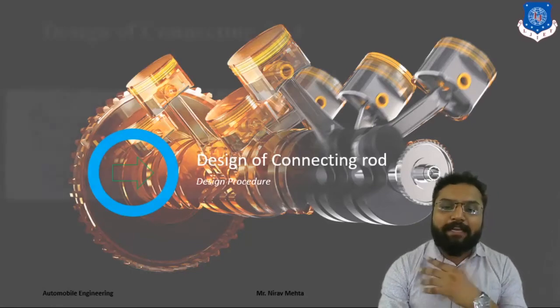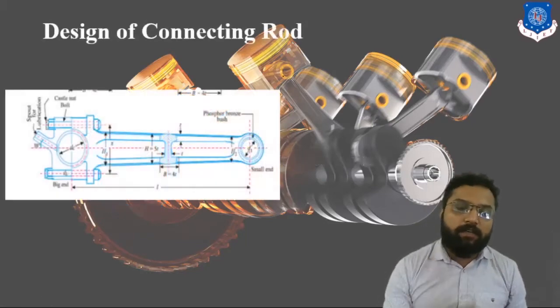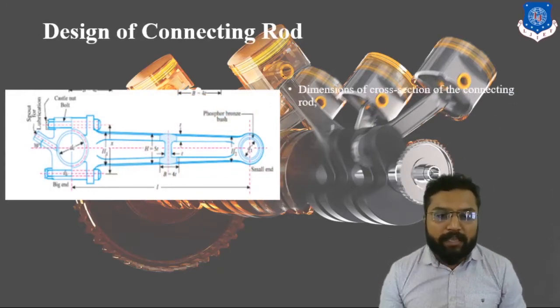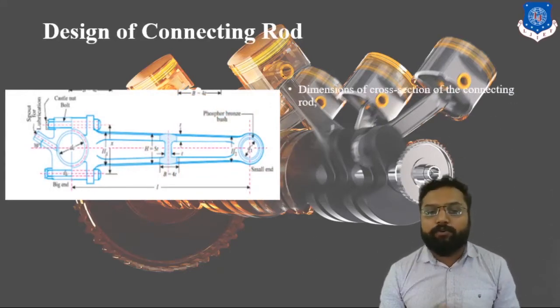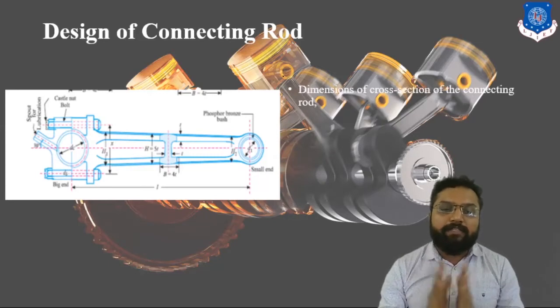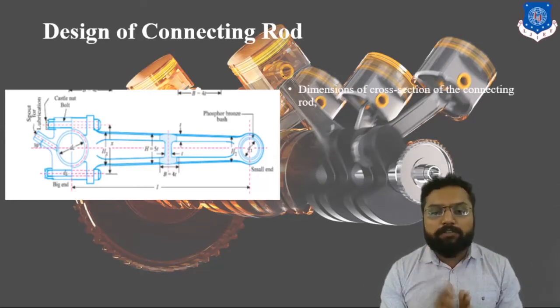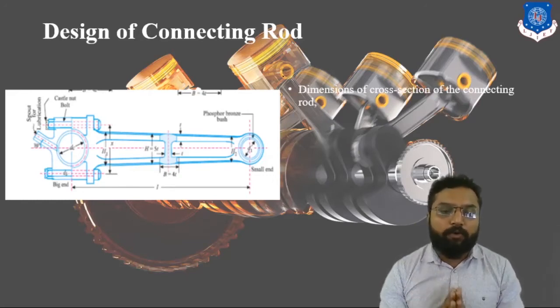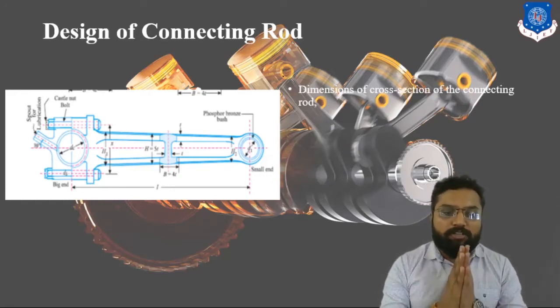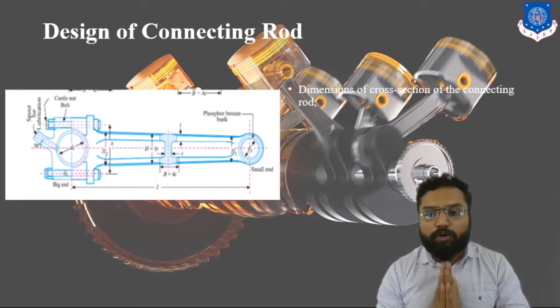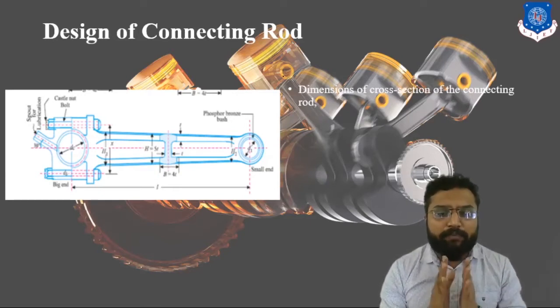To design this connecting rod, our first step is to understand what this connecting rod is and what different dimensions we are going to work out. A connecting rod is a connecting component between the piston and the crankshaft. It is also subjected to buckling load because it is a structural part, which is considered as a short column. So there are mainly four sections we are going to design.